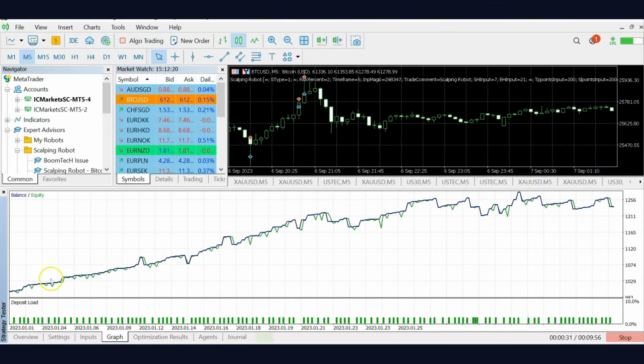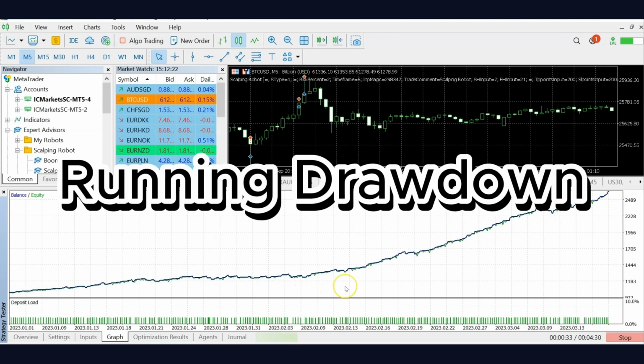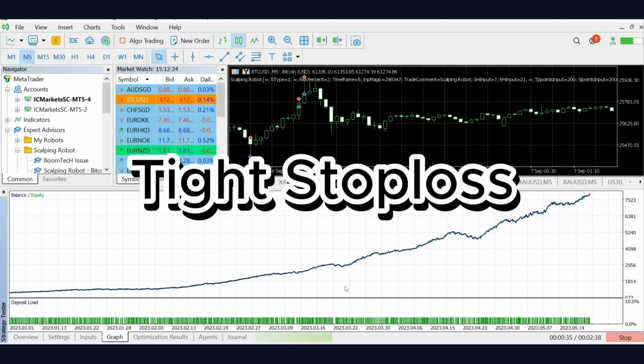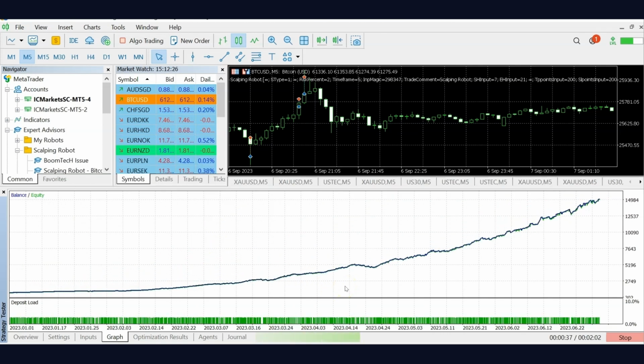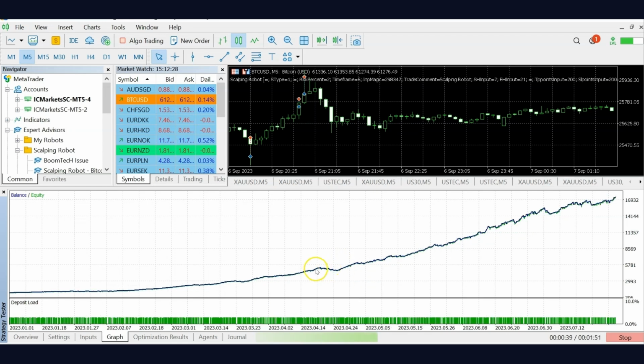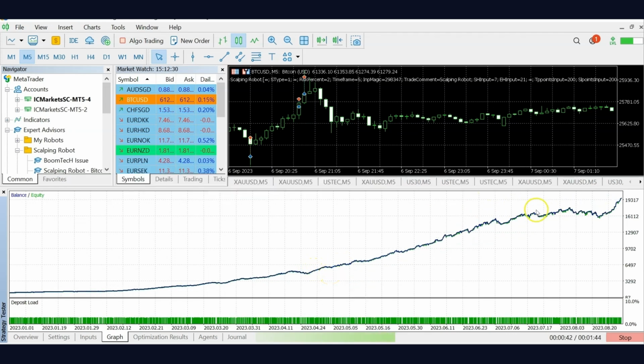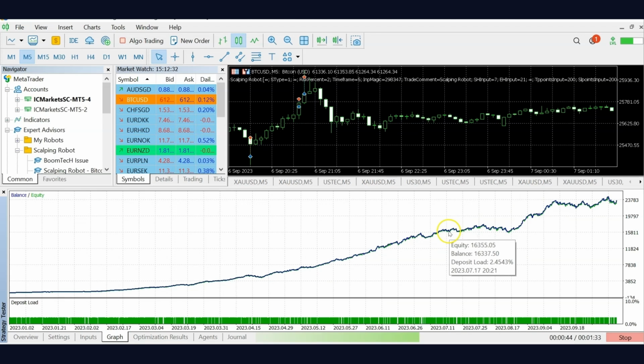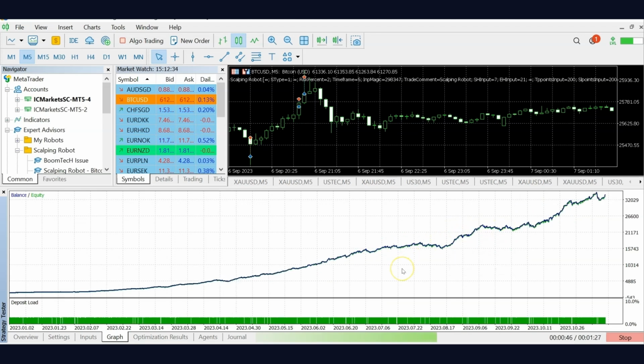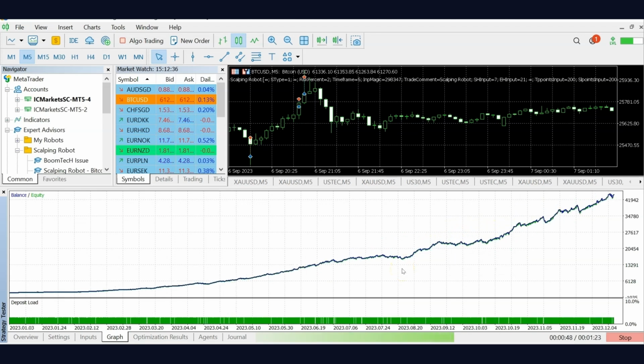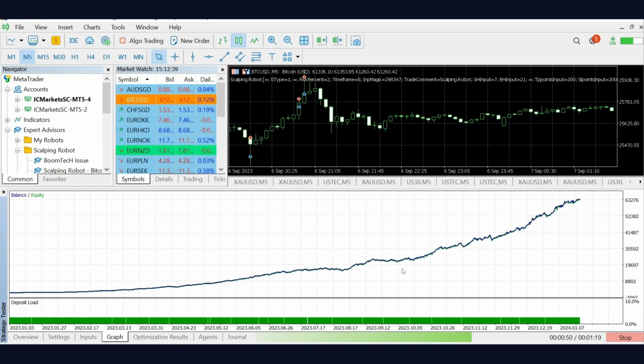Now, the first thing you're going to notice is that there are no running drawdowns, and that is because of the very tight stop loss that we put in place. The second thing to note is that there are periods where there are consecutive losses. There are periods when the EA is stagnant, for example between here and here. But overall, if you let the EA run for a longer period of time, it does have more good periods